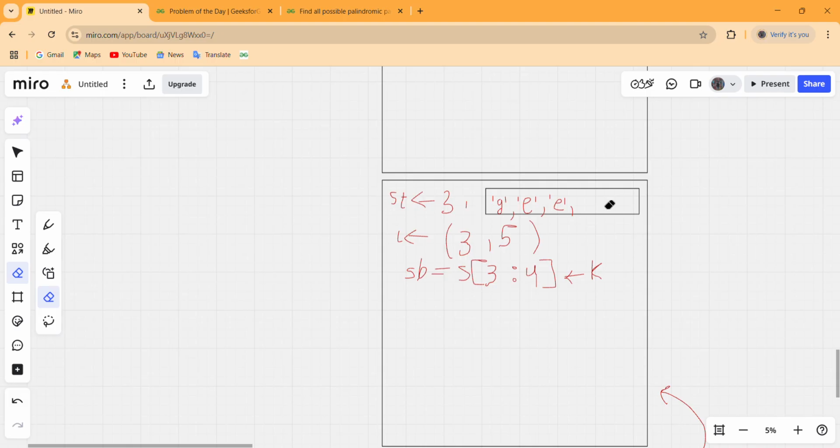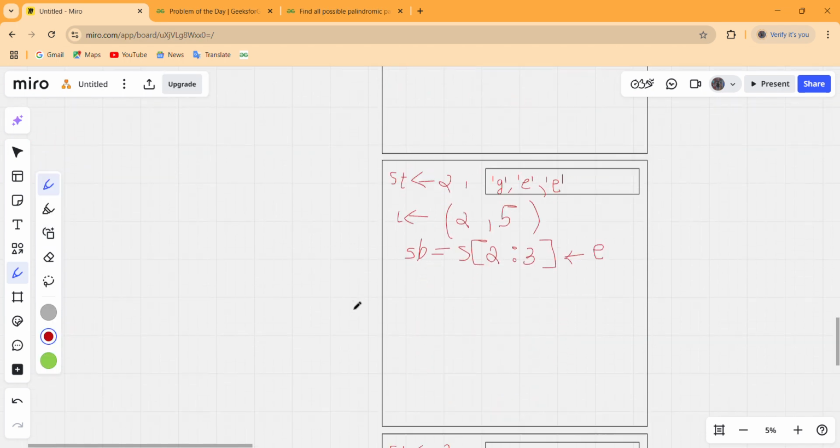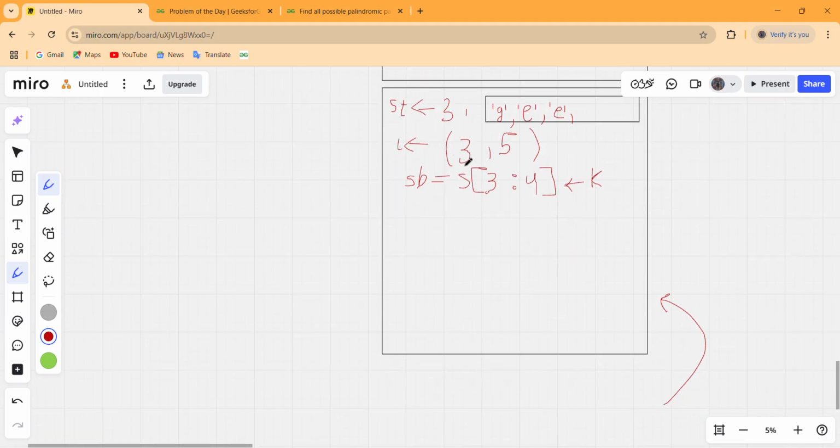So let us pop out this from this current partition, and after popping out from this current partition, this if gets over, so our for is still not completed yet, and our I is incremented from this 3 to 4. So this is 4